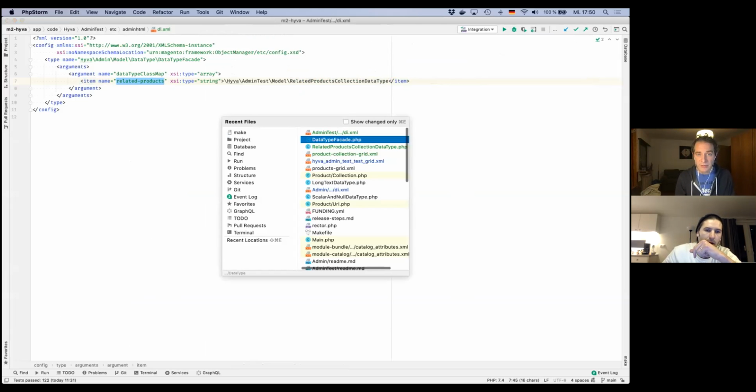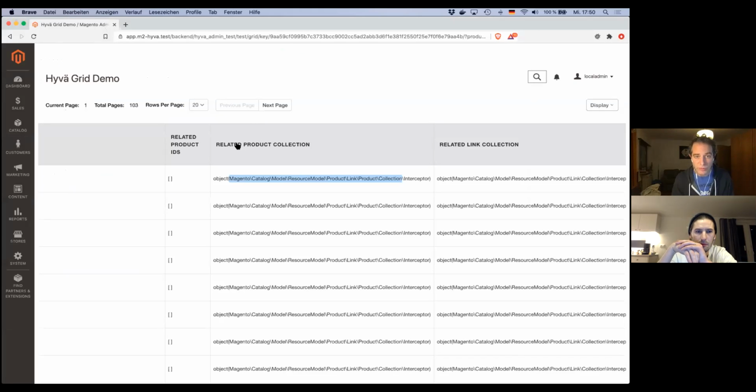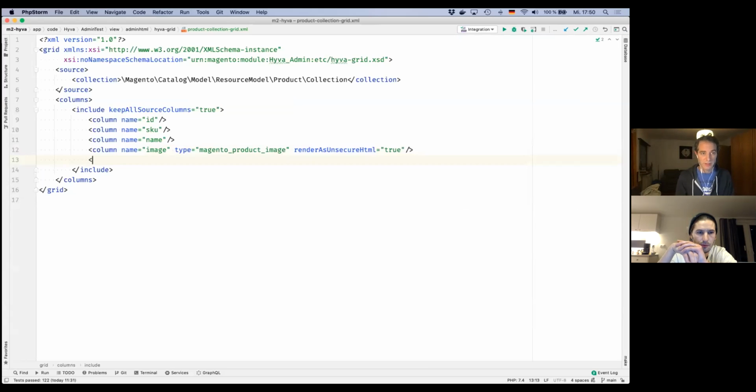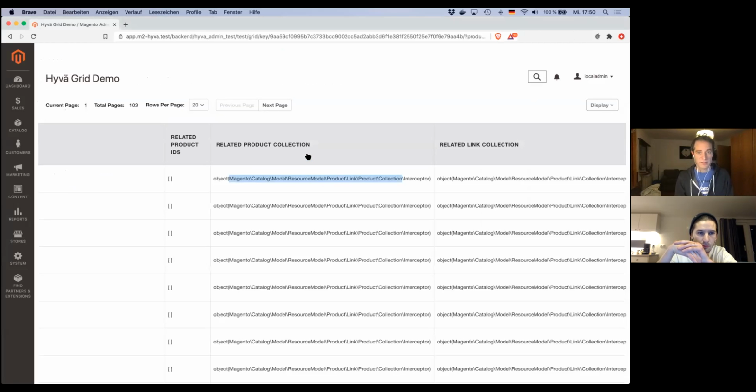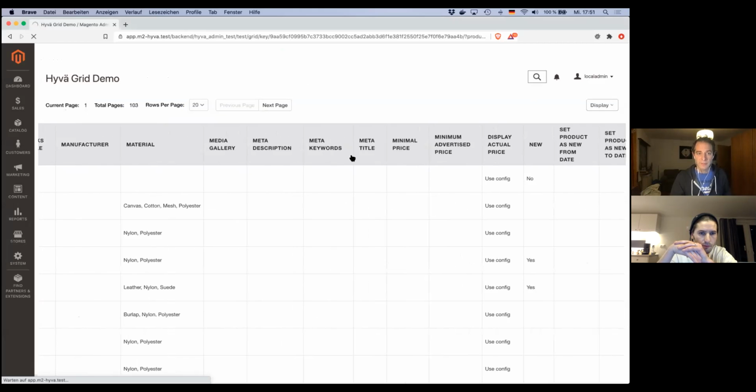So now back to our grid, we can set this type code on that column. So what was the column name again? The column name was related product collection. So column name related product collection type and our little custom type here. And that's pretty much it. Let me move that further in front. So it should be the column in front of the images here. And if I now reload,